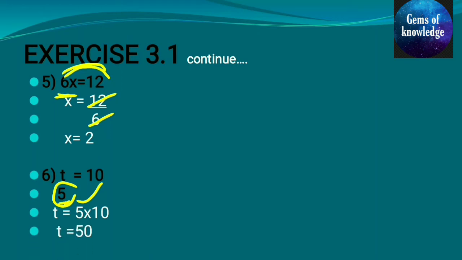So now moving on to the next question. You can see the question here. The seventh one is 2x by 3 is equal to 18. So here also we have to find the same thing, the value of x. You can see two more numbers here, that is 2 by 3 is given. So what we have to do here is first remove this denominator.